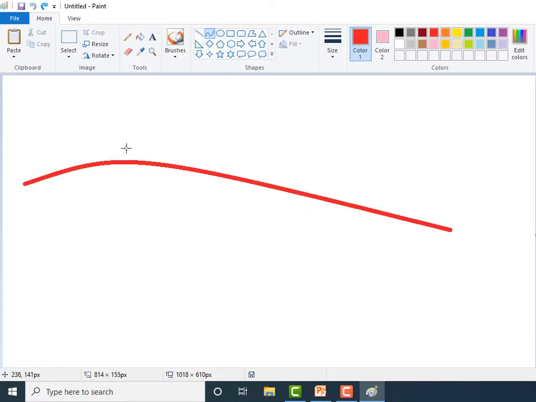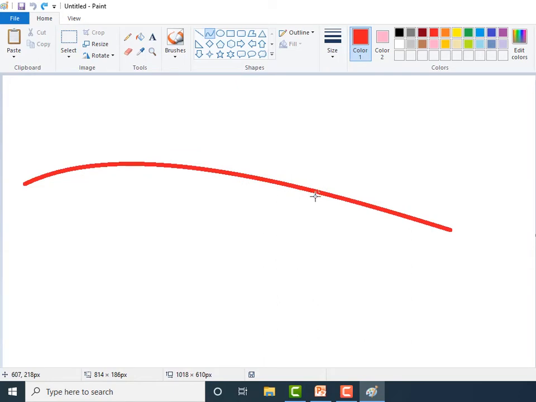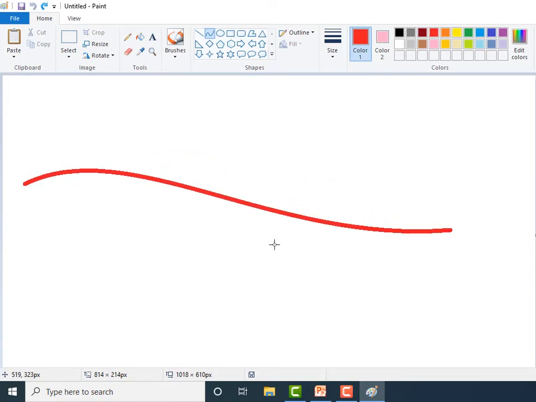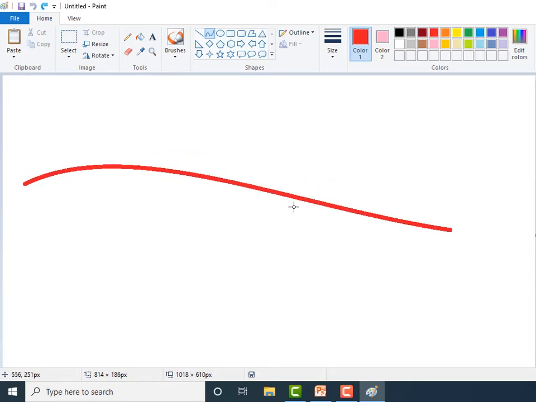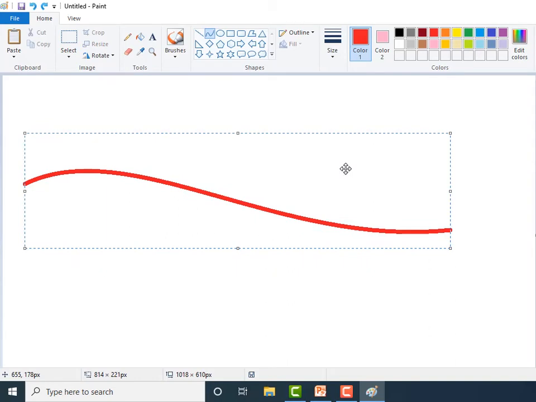Drag the pointer with the help of mouse. Now release the mouse button. Click again. Click a point on the curve and drag the pointer to adjust the curve. In this way, children, you can use curve tool from the shapes group to draw curve lines.